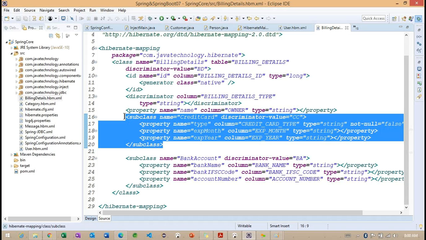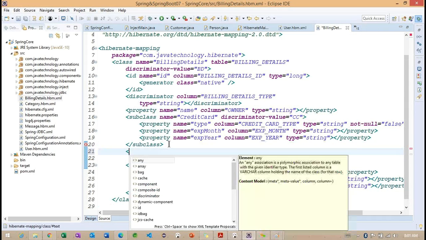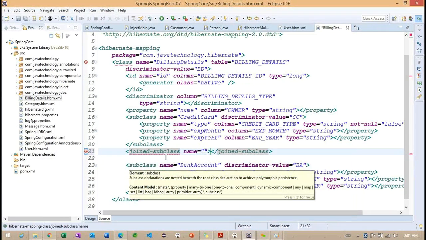Here, when we are trying to work with joined subclass, now observe, so we are going to have the joined subclass tag, so this tag we are going to use.